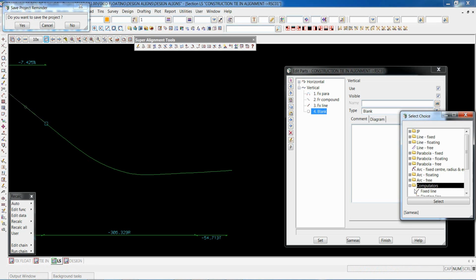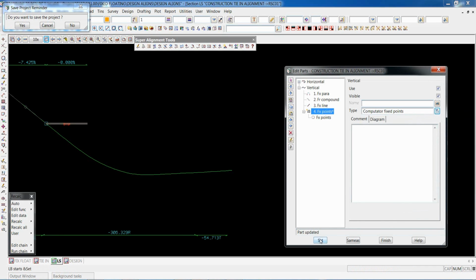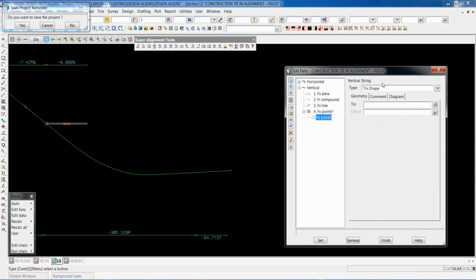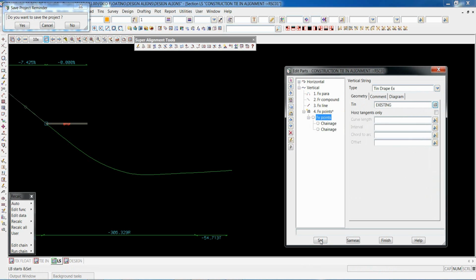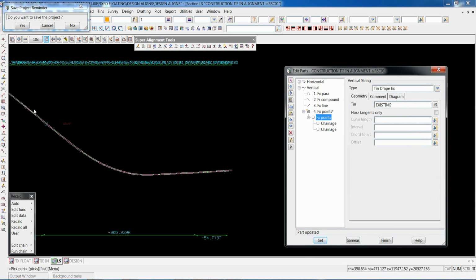In this case, we're going to go down to a computator, and we're going to pick fixed points. That means it's going to be able to drape onto a tin surface, the existing survey. So I'm going to use drape EX, which is partial drape. I'm going to pick up the existing and go set. So it's actually draped all the way along here.